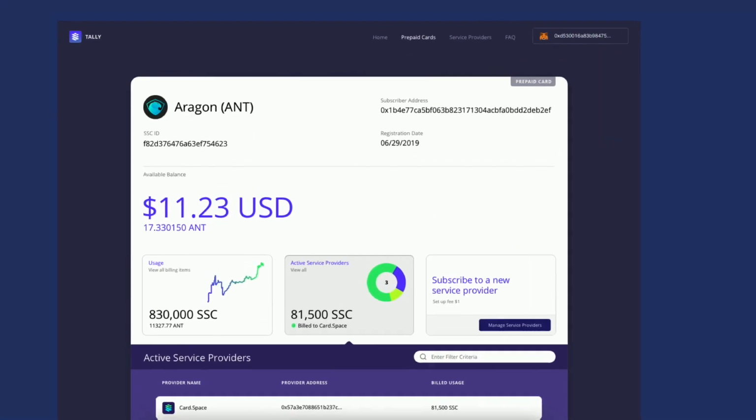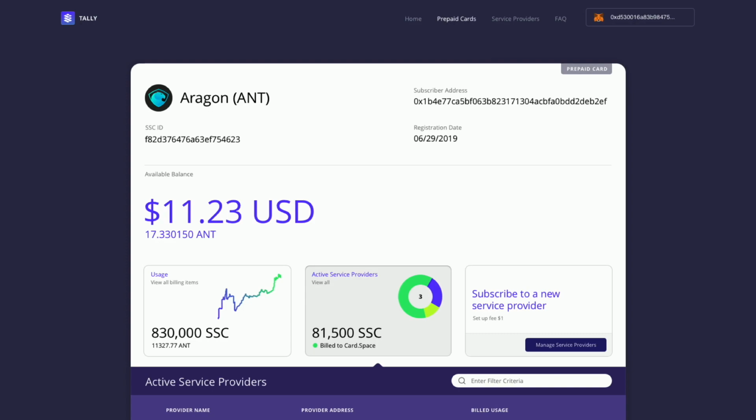In this prepaid card here, we show something that probably takes a little bit of thinking. This prepaid card is funded using the Aragon token, so ANT. It could be funded using USDC, DAI, or ETH, but in this case, we just say, let's use an ERC20 as a deposit, which means that the available balance has to be some continuous calculation. And we create something called SSID. This is kind of your account number, which is a hash of a bunch of stuff, and the subscriber address is who is holding this prepaid card.